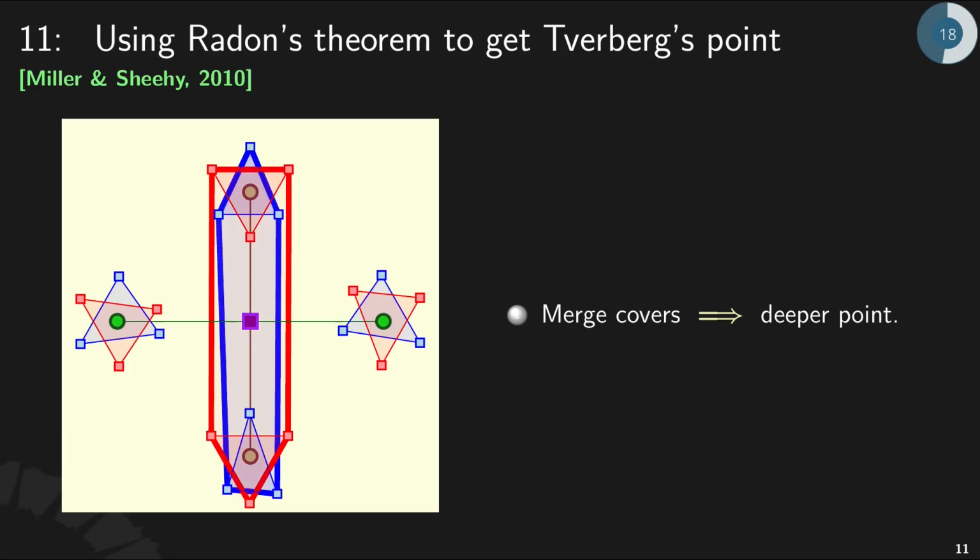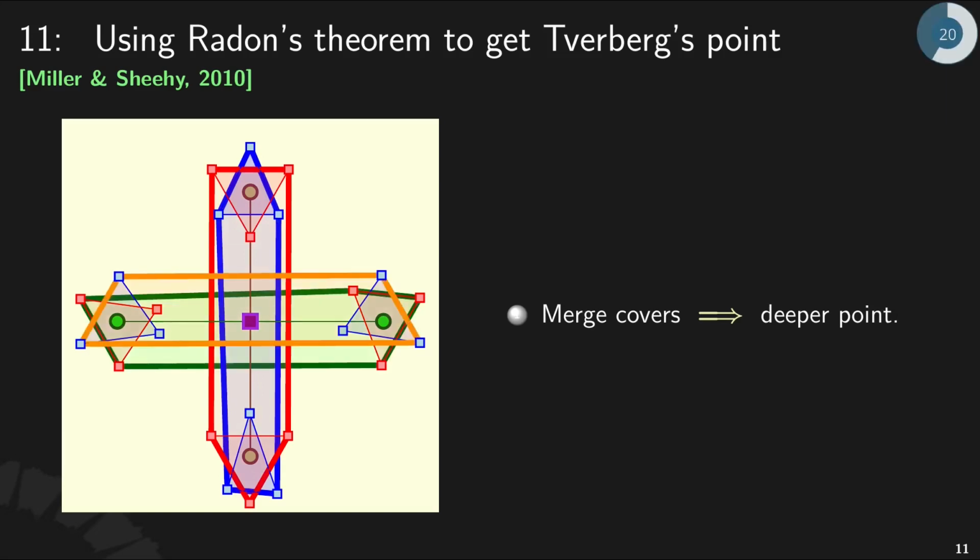So then I get a blue point, and now I can apply to the horizontal sets, right? So now, by doing 1 iteration of this Radon point, I found a new point that has depth 4, right? I started with a point of depth 2, and I got a point of depth 4. And now an important step is to